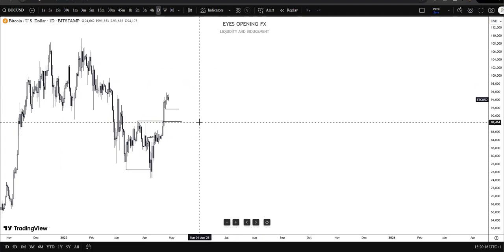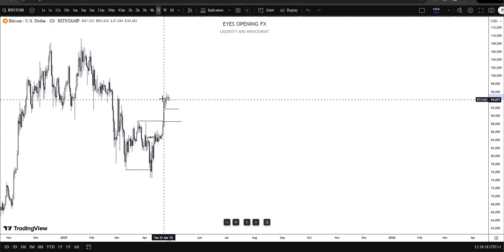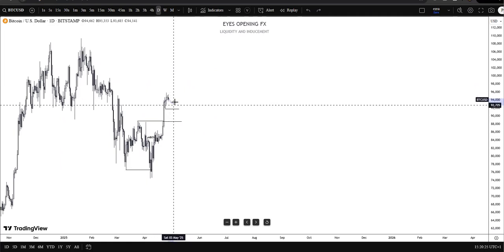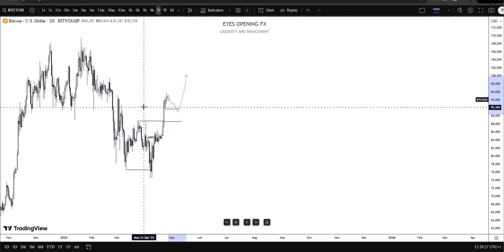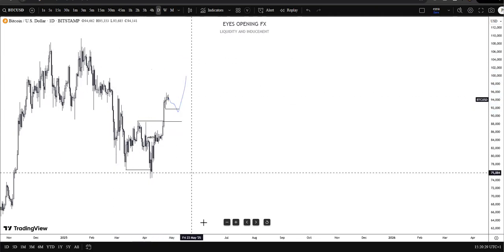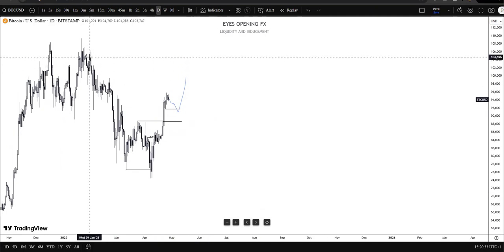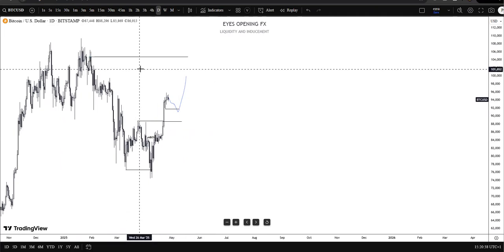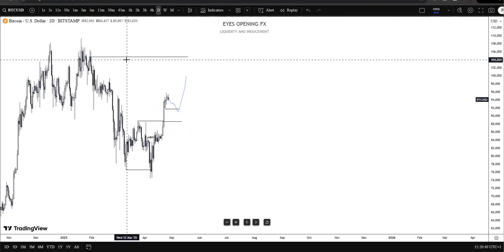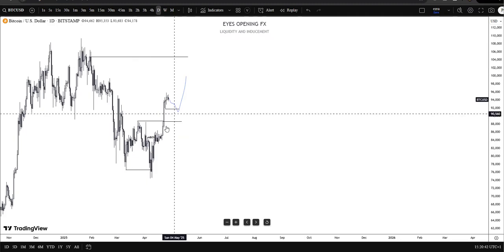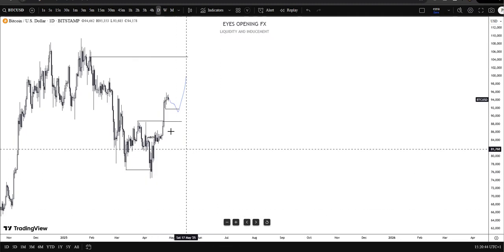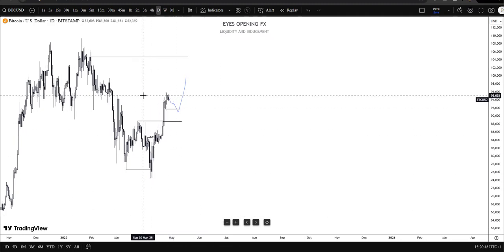One of the things I'll be expecting from BTC is, since market did not engulf this little high right here, maybe a short-term pullback. If confirmation is given, then we'll look for a buy from this imbalance, to at least get to this last mitigation right here. This resistance right here is our daily last mitigation. But before market gets to that mitigation, which can take, let's say, more than a week,